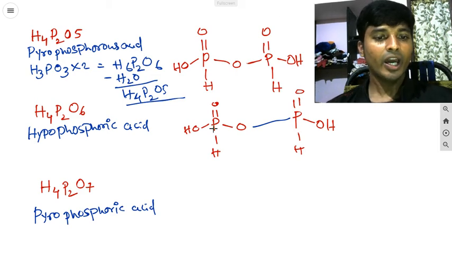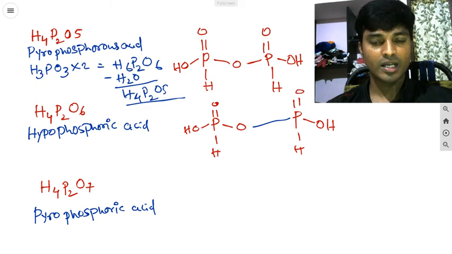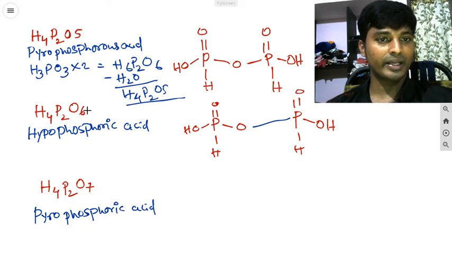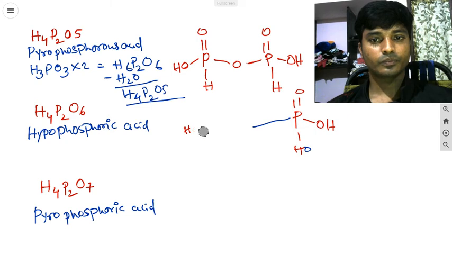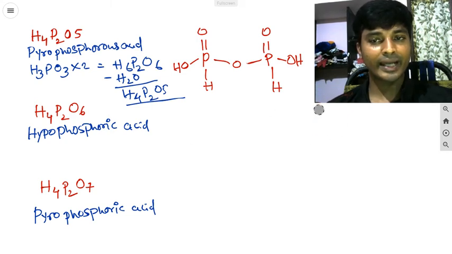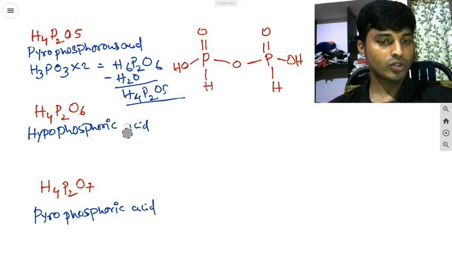The same way you can do it for pyrophosphoric acid also. This hypophosphoric acid we will see last. So what you have to do is, just double of this one: oxygen is extra coming here, H4P2O5, here 2 oxygens are coming. So where can the 2 oxygens be added? Here only. Along with these 2 hydrogens you can add OH here. The same way you can add the 2 molecules of phosphoric acid, and remove the water molecule, just as I have shown with the pyrophosphorus acid.